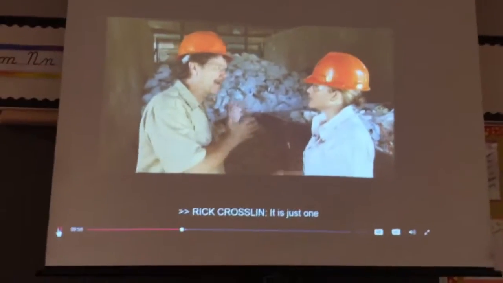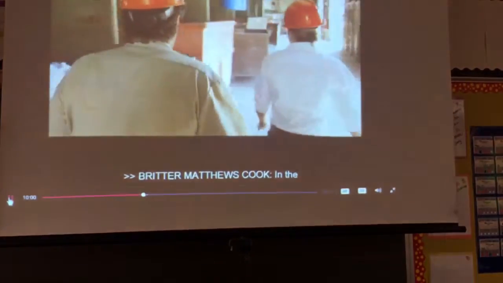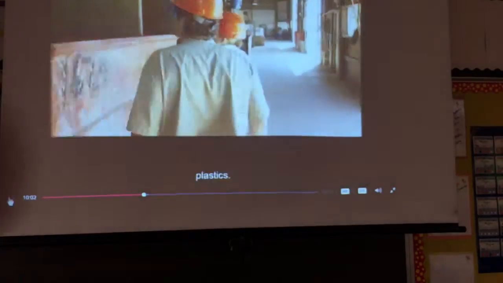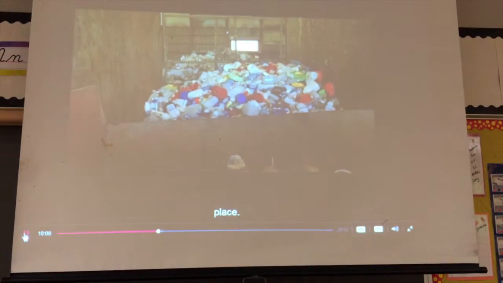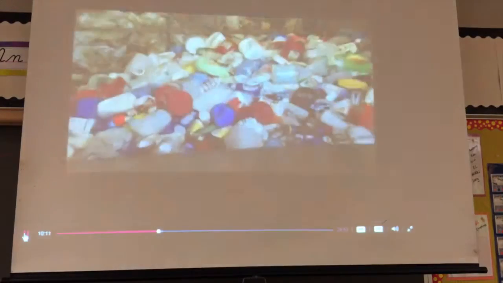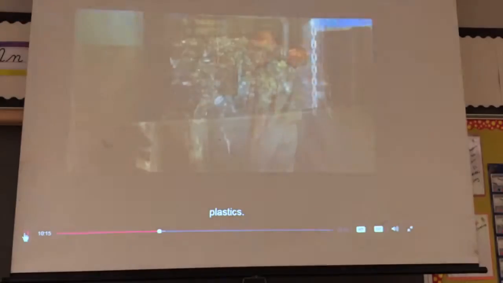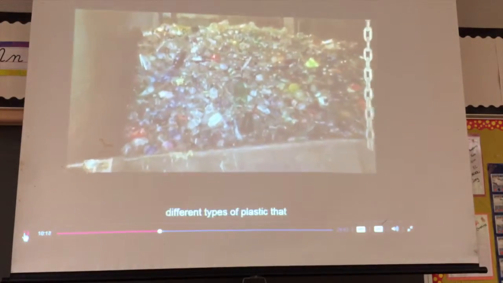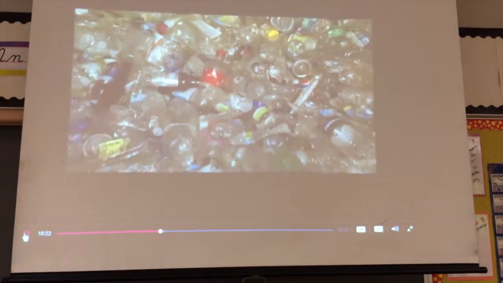So that's what type of plastic? Yes. What's in the next bin? Well, the next one we've got, the colored plastics. This is just going to be plastics that have a little bit more dye in them. They're going to a different place. They're going to be made into different types of materials. And what's in our next bin? The next one we have some clear plastic, and it'll go back into water bottles and it'll go back into making different types of plastic so you get your food and your beverages in.